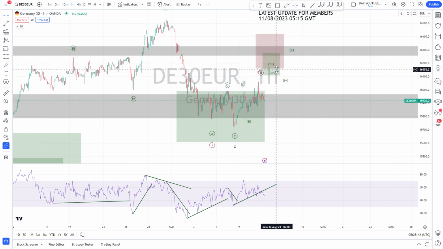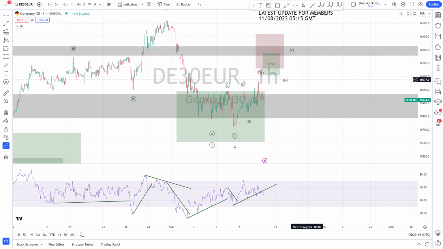So I was also yesterday waiting for these areas, or my orders were here to do a short. But yeah, unfortunately, we did not reach these areas after the inflation data release, but it worked for the FTSE and the Dow Jones. So now in the bullish scenario, I would like to see more upside, like depicted here, 1, 2, 3, 4, 5. Then we have wave 1.